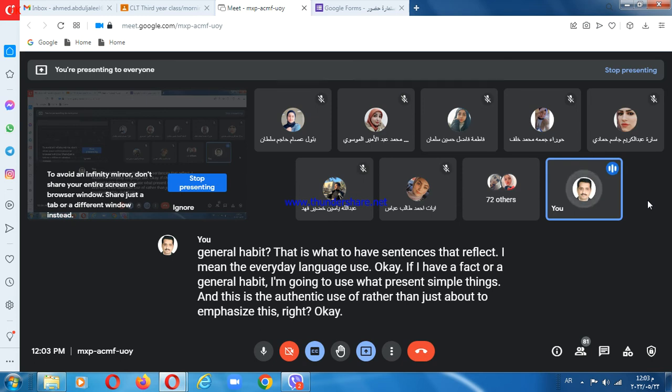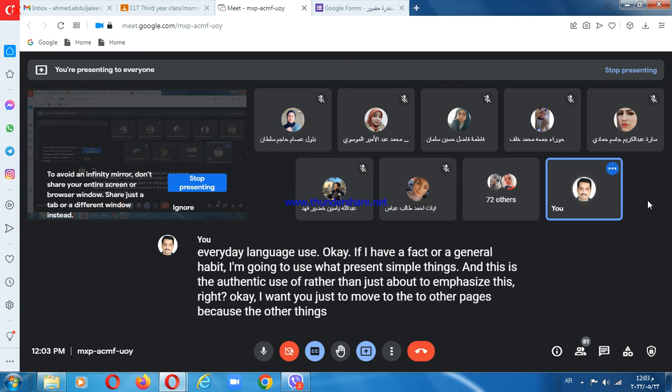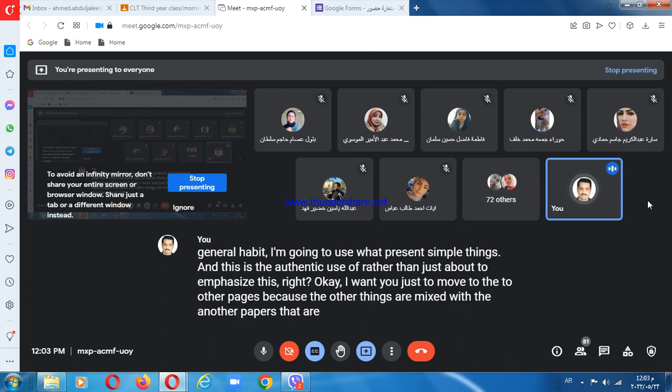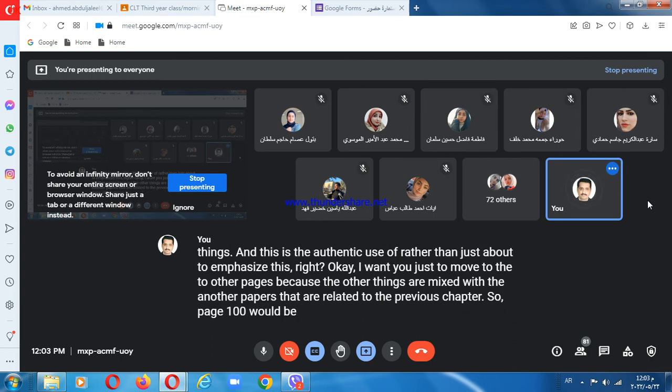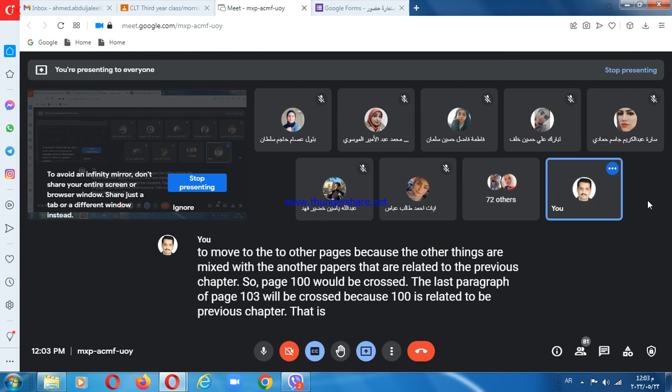Okay, I want you just to move to the other pages, because the other things are mixed with other papers that are related to the previous chapter. So page 100 would be crossed. The last paragraph of page 103 will be crossed, because 100 is related to the previous chapter, that is for writing. Okay,